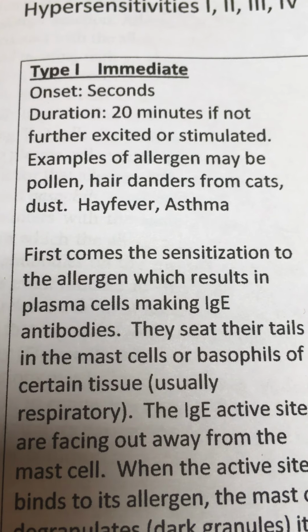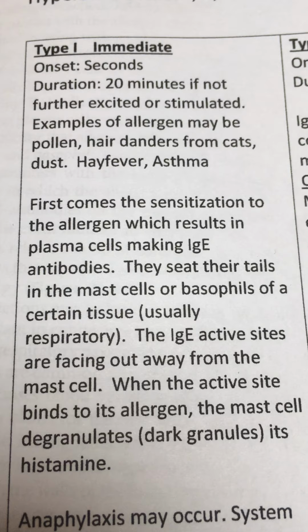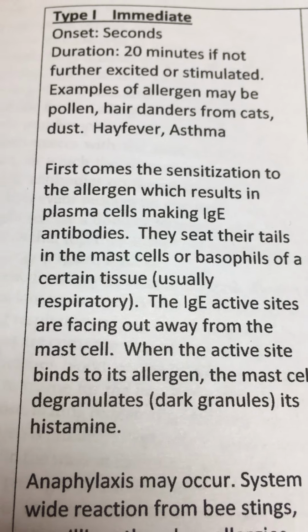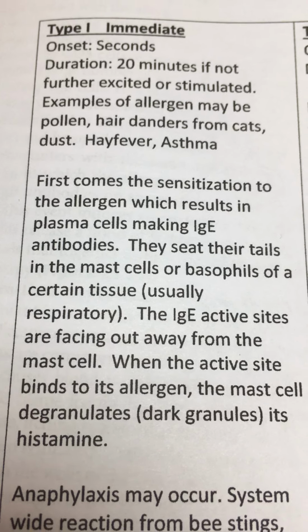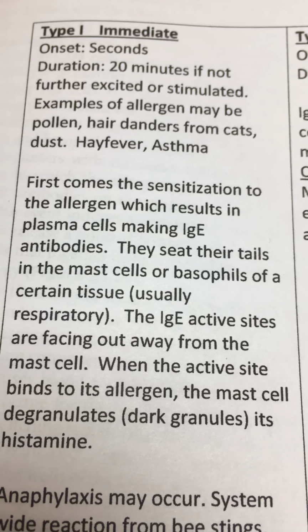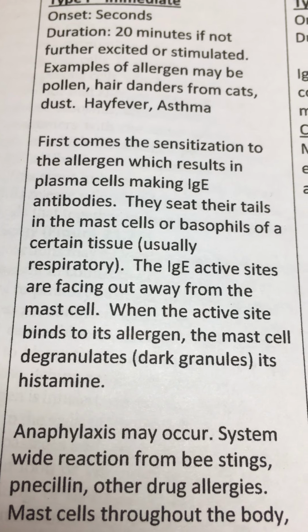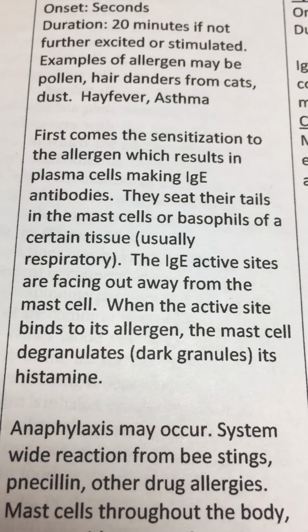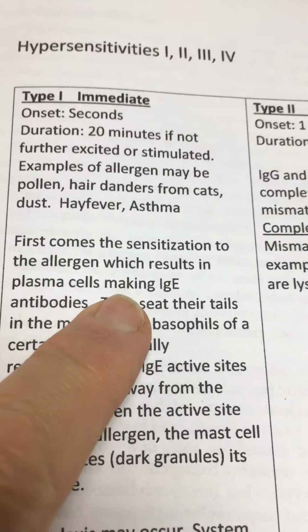Sometimes dust will activate asthma. So that's the idea. Particulate matter in the air can do this sort of thing, particularly to asthma that has an underlying inflammatory component. Okay, so first comes the sensitization. We produce the antibodies. Because of the chronic nature, we're going to go all the way to an immunoglobulin E